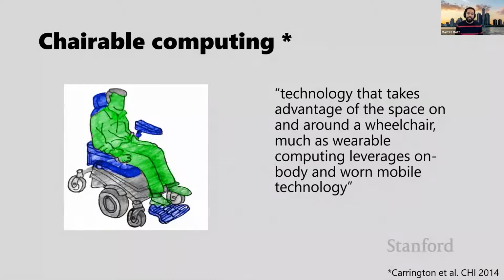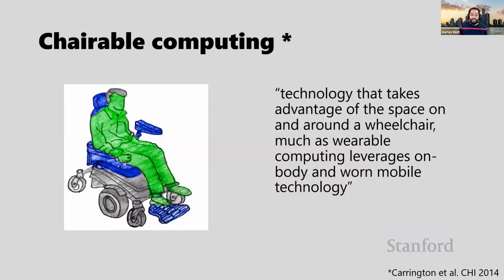So one possibility, and I think that's really good, and I know Patrick Carrington was here earlier in the quarter, is to think about chairable computing. This is the idea that chairable computing is a technology that takes advantage of the space on or around a wheelchair, much like wearable computing leverages on-body and worn mobile technology. Essentially the idea is, how can we bring interfaces and devices closer to people